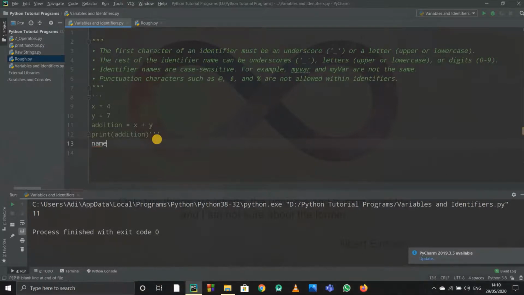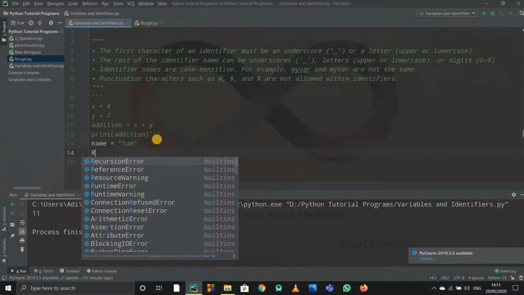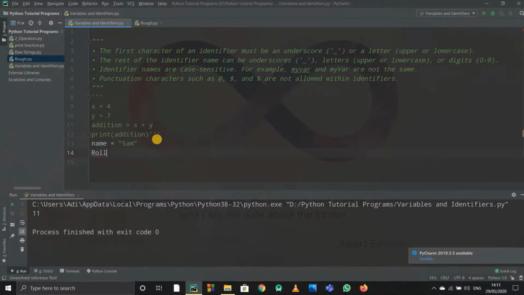And afterwards, you can give any name to a variable, and give it any value. So suppose this is my variable name, equals. Now it's not necessary that you give values like digits. You can use names like strings. So like I mentioned earlier, name equals Sam. Suppose you want to print an ID card. So you wrote name equals, and this ID card is, suppose, for a college student or anyone. You wrote roll number. So roll number equals anything, any roll number that we want, address and all, anything. Now I don't want to write that much, that's fine actually, you can write anything.